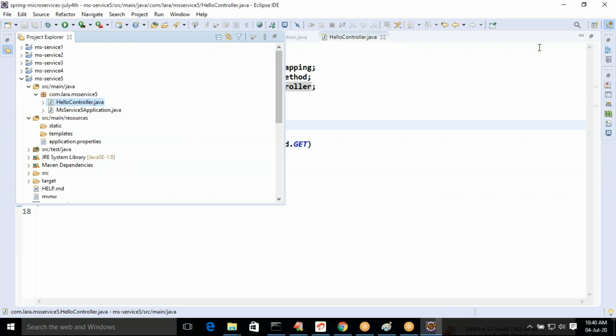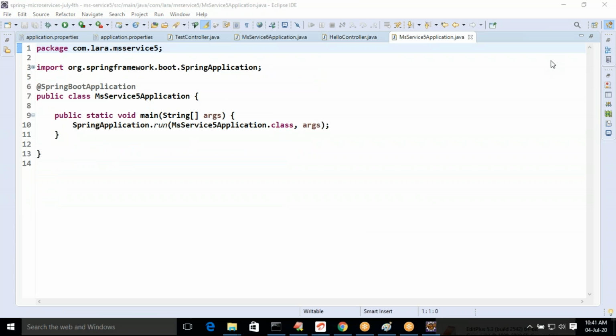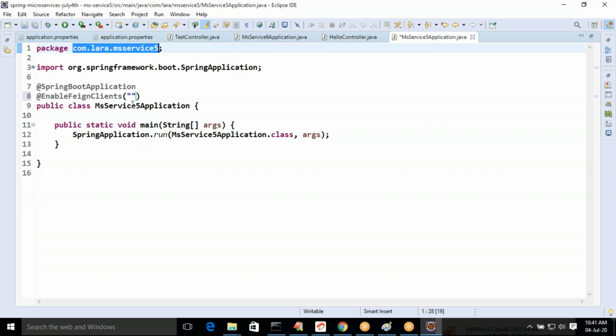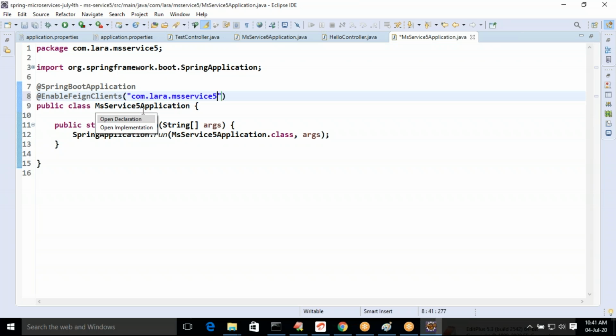So before that, enable Feign clients. Specify the package name where Feign clients are developed. I'm developing in the same package.